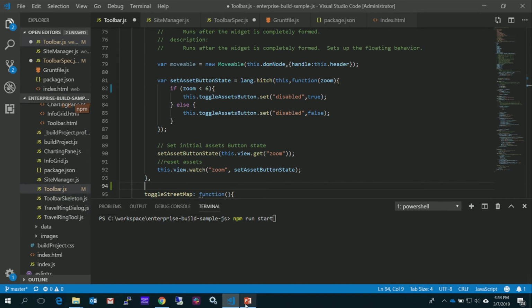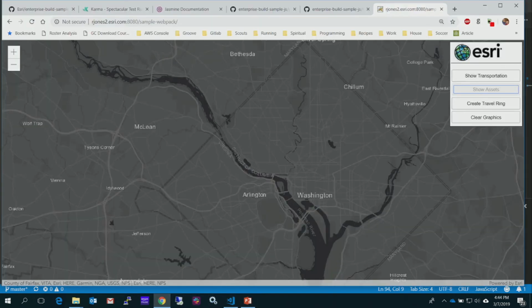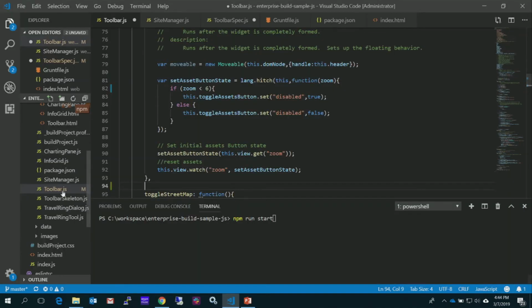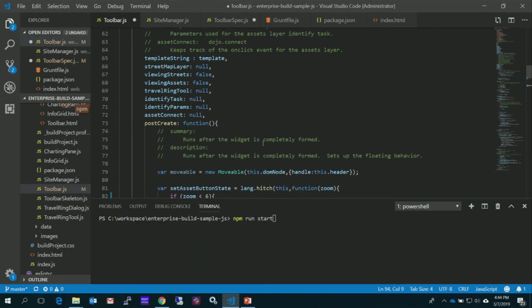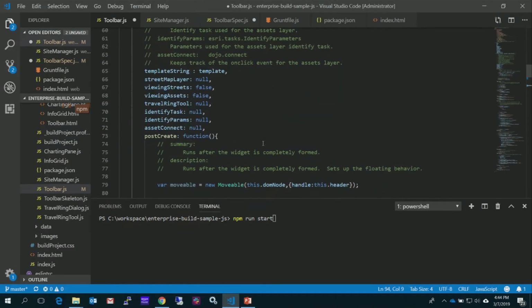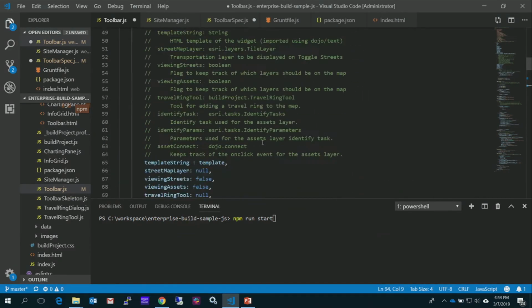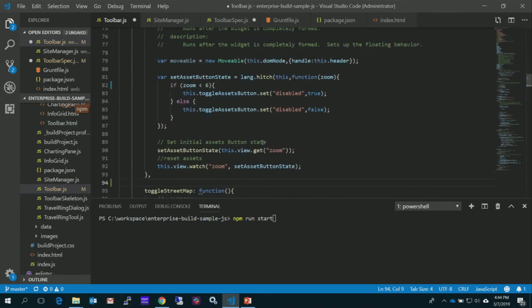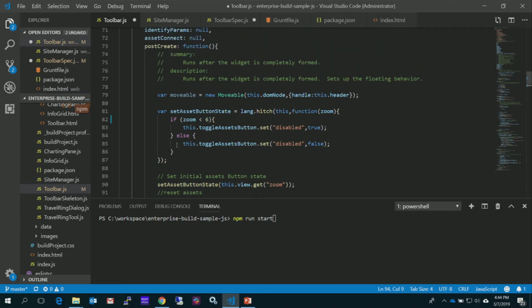This application is really simple. This is what we're calling the toolbar over here. So we have our toolbar class. You can see it's not very complicated. It's really just a few hundred lines of code to do all the functionality that it has in there. This is the section that we're looking at to start with. Whenever the widget's created,